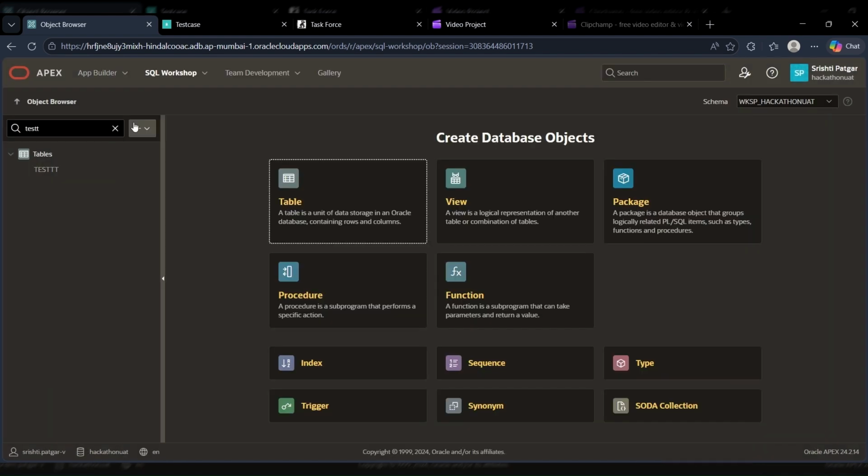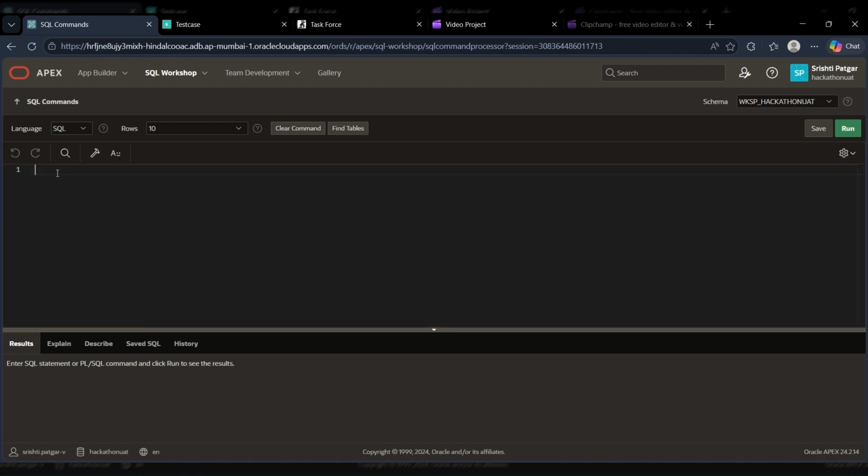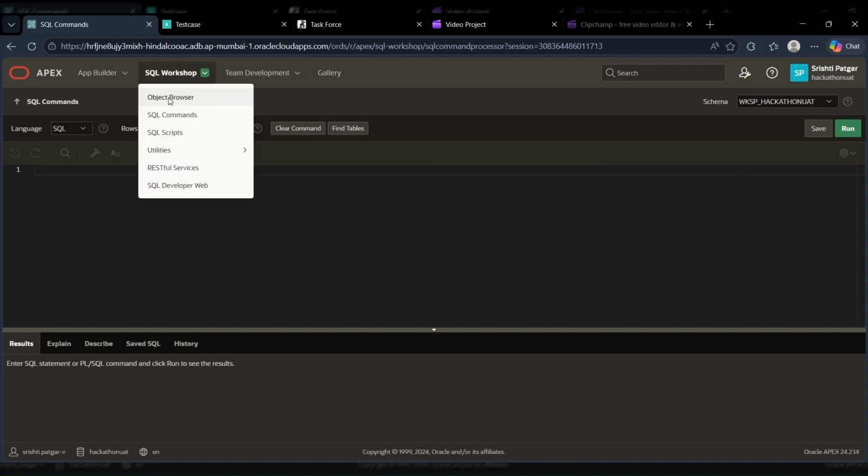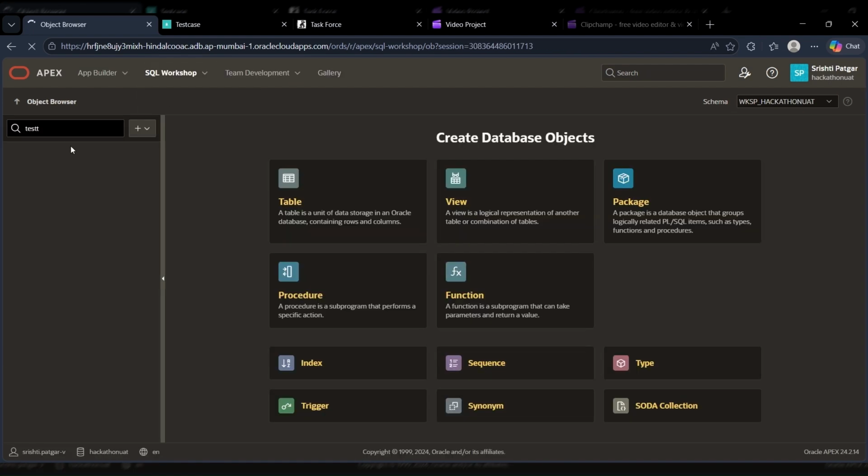If you want to do that from SQL commands, you can click on SQL Commands and then click the code. Run the code here. Here's the run option, and then you can insert the values if you want, one by one. Supposedly you have created a table, but you have not inserted any data, and to insert it one by one takes plenty of hours.